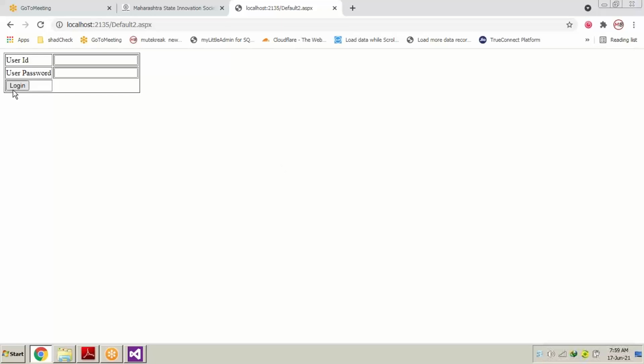And here it goes. By default, the button text has been changed into login. Now you can see that above, in the first two TRs, we have taken two TDs: the first TD for the label, the second TD for the text box. That's the same thing we repeated in the second TR also. But in the third TR, where we have to take the button, we have taken only one TD, so it's appearing on the left side, and the right side is completely blank.